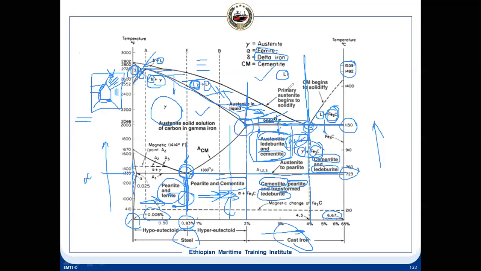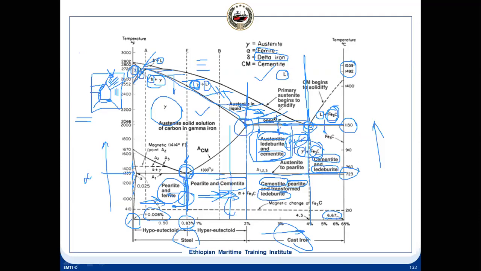But from the vertical line, if we pass to the steel side, it's not any more cast iron. So if it is not any more cast iron, we are already in the steel side. So for the steel side, the drawing should have to be the down diagram, not the upper one. So from the down diagram, above the down diagram, all should have to be liquid.